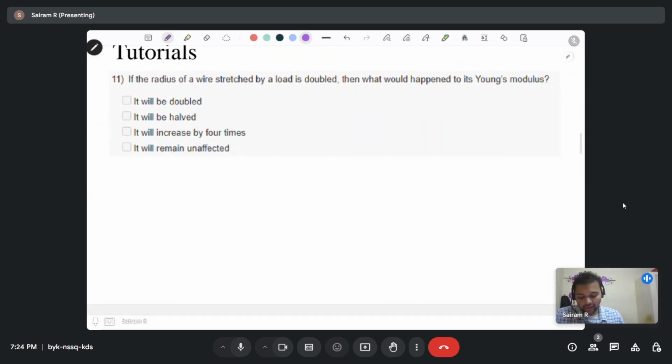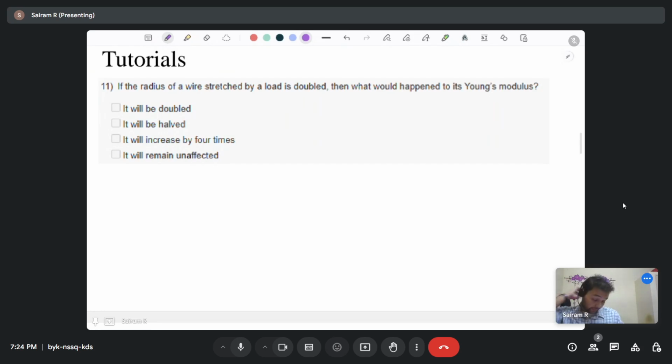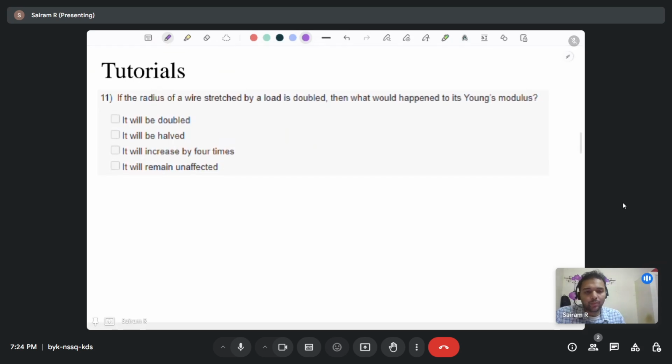If the radius of wire stretched by a load is doubled, then what would happen to its Young's modulus? This is a very interesting topic that was touched upon the first week and was elaborated in the second week as well. Young's modulus is one such quantity which is known as intrinsic quantity. We look at this in detail when we talk about atomistic aspects, or when you take a recap of the notes of lectures 8, 9, and 10 of this week. Young's modulus is a quantity which is known as intrinsic